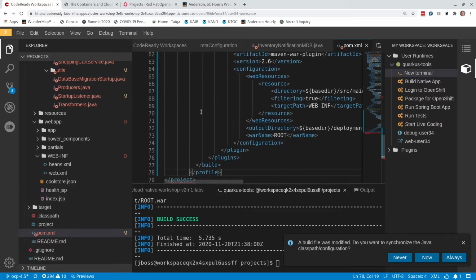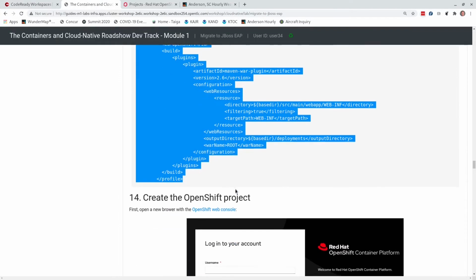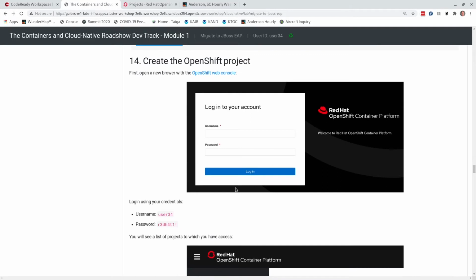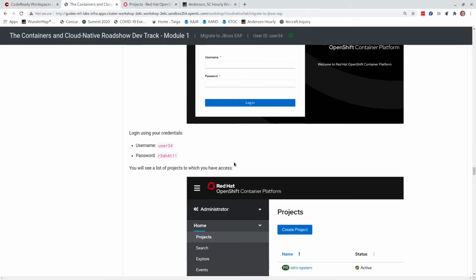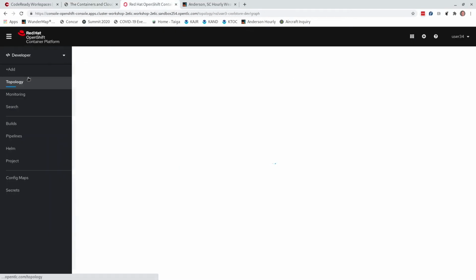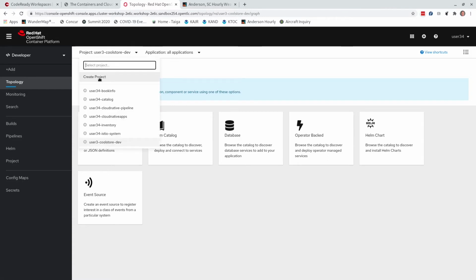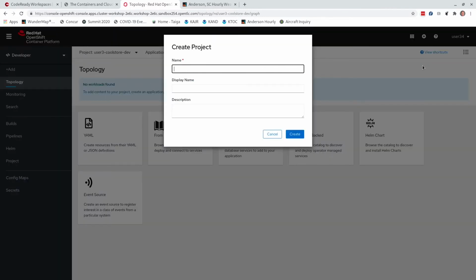Okay, I'm happy with that. And we'll create the OpenShift project. So I'm logged into OpenShift, and I'll go into the developer view, and you'll have a way in which you can specify that you want to use this. I need to create a project, and this is my user 34